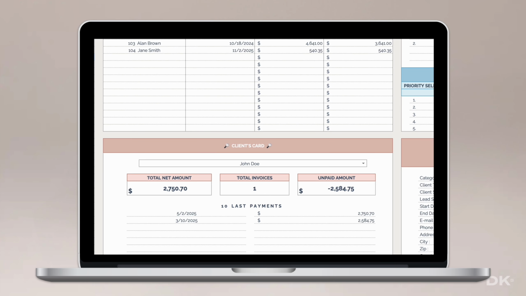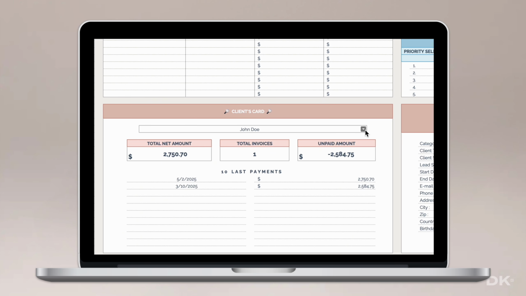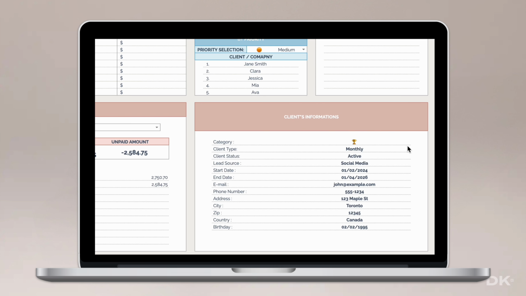Selecting a client updates their client card, where you can see totals like John Doe's one invoice, $2,750.70 net amount, and recent payments from May 2nd, 2025 or March 10th, 2025. On the right, the client information panel displays all saved profile details, including client type, start and end dates, email, address, and lead source. Together, these sections ensure every financial and client detail remains organized, searchable, and connected directly to